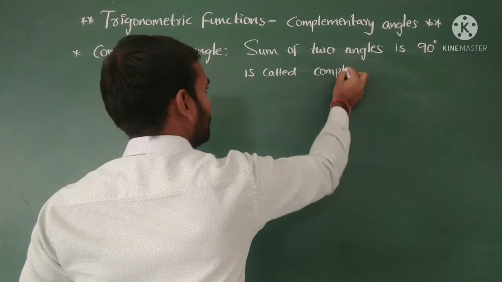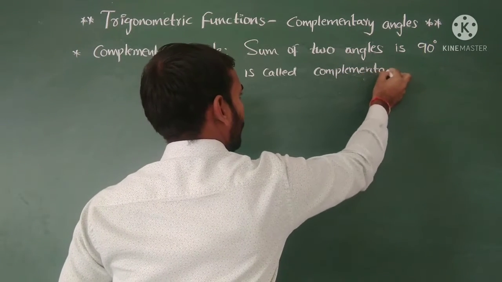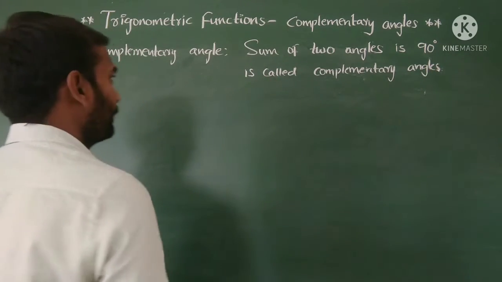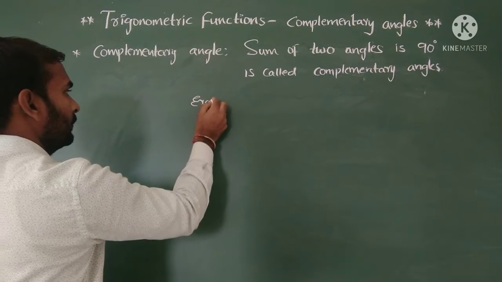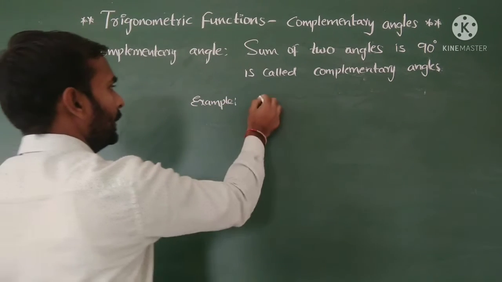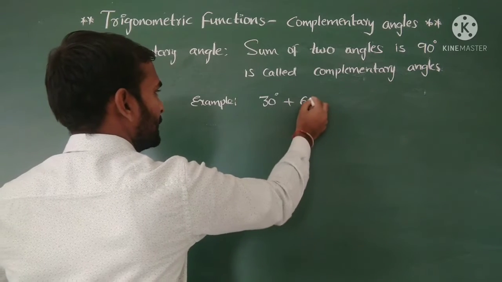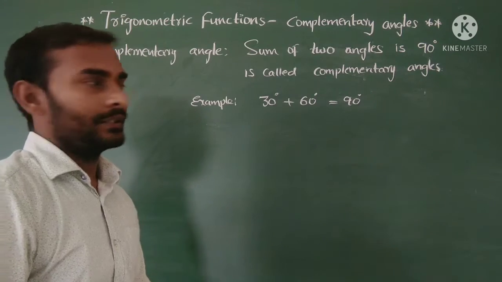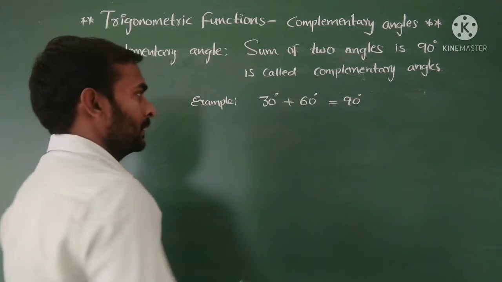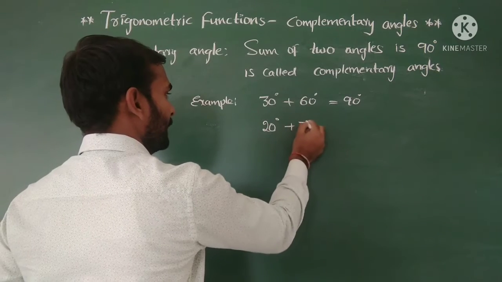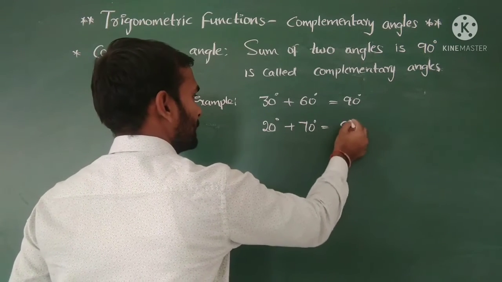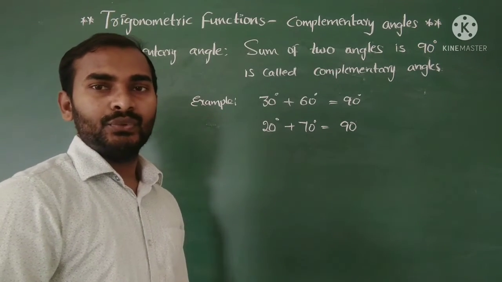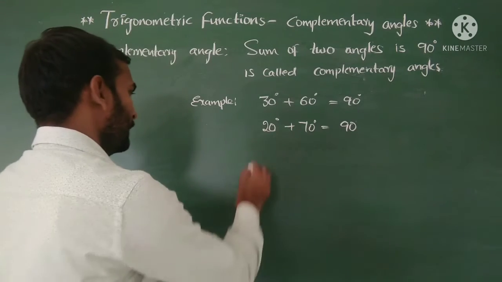Complementary angles. For example, 30 degrees plus 60 degrees is equal to 90 degrees. These two angles are complementary angles. Like 20 degrees plus 70 degrees is 90 degrees. So if the sum of two angles is 90 degrees, then these two angles are called complementary angles. In a triangle,